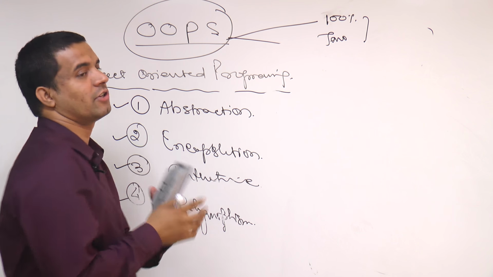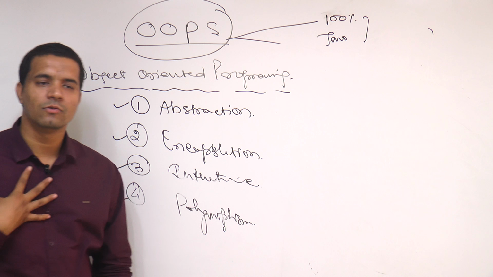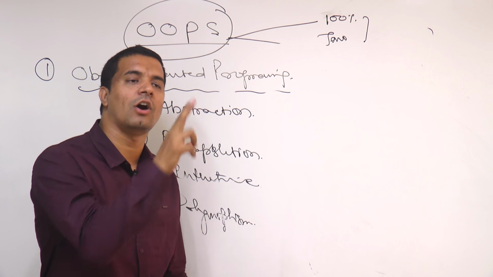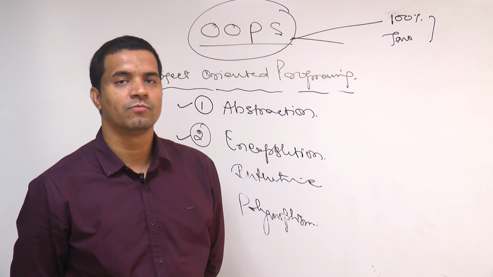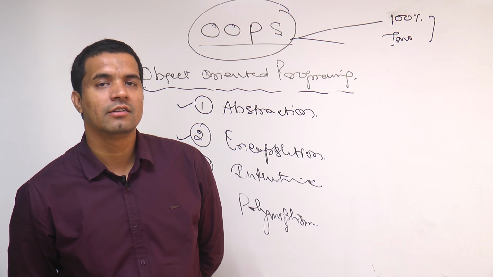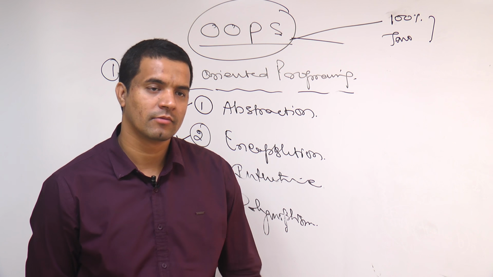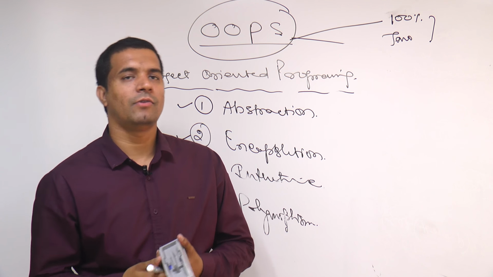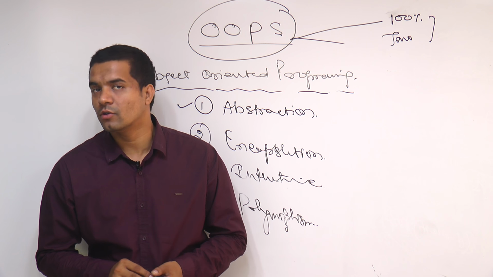What are they? Abstraction first. What is my definition of abstraction? Abstraction is the process of defining properties and operations for an entity. For an entity, which means what? Okay, for an entity. For example, and one more important thing,